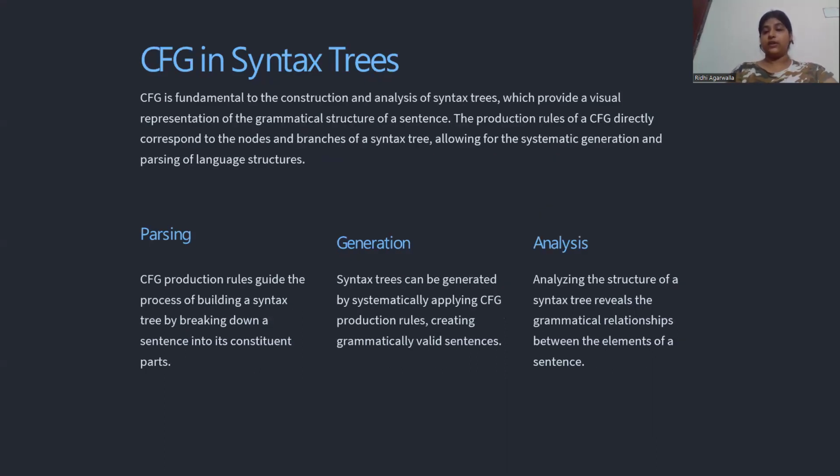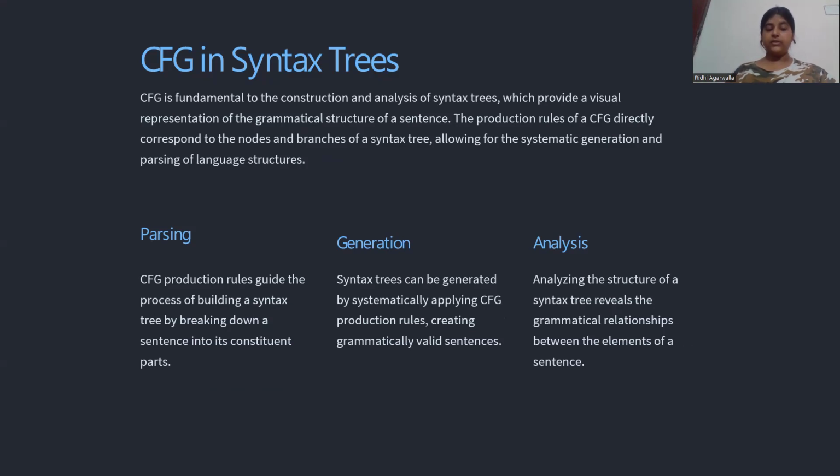Then how context-free grammar is used in parse tree, or basically the syntax tree. So a syntax tree, also known as parse tree, is a tree representation of different syntactic categories of a sentence, of a basic sentence. So for example, I consider a sentence which is I drive a car to my college, a basic sentence. The syntax